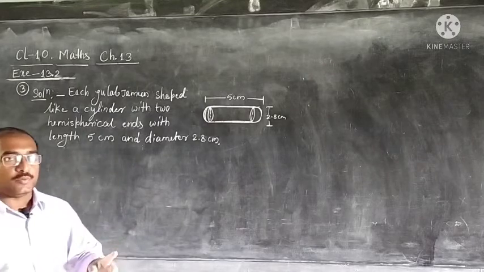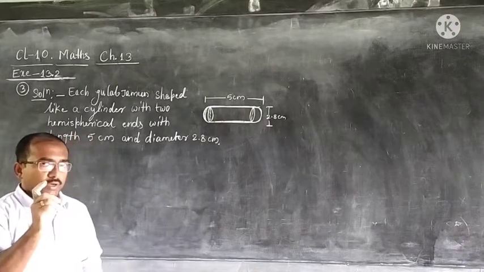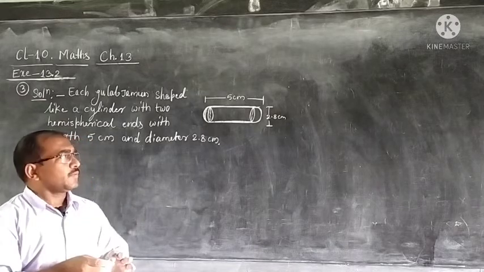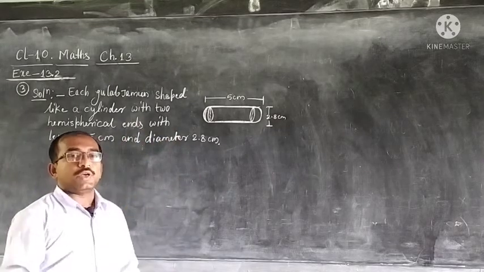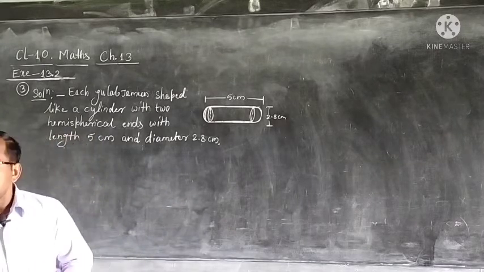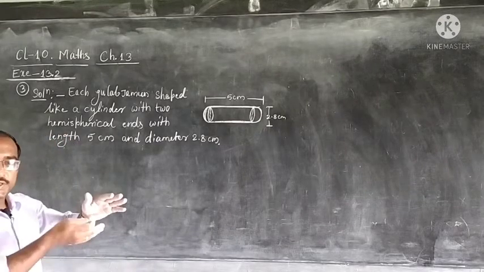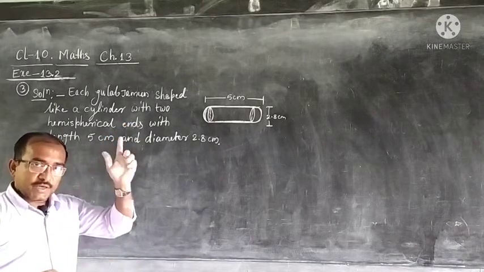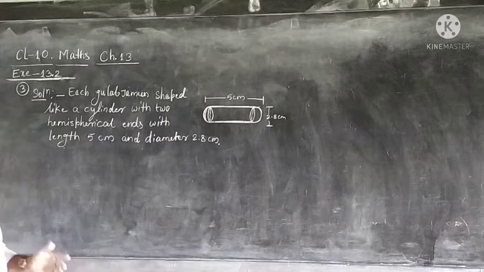In the last exercise 13.1, of course, we have worked on surface area, but one question I remember was for capsule shape. Just remind yourself what you did there, that everything for radius and diameter you will do, but only that we calculated surface area of capsule, and here we will calculate volume of gulab jamun and volume of syrup in the gulab jamun if 30% syrup is in each gulab jamun, only that much difference. So, the solution will change from surface area of capsule to finding volume of gulab jamun. Rest work is same as before.